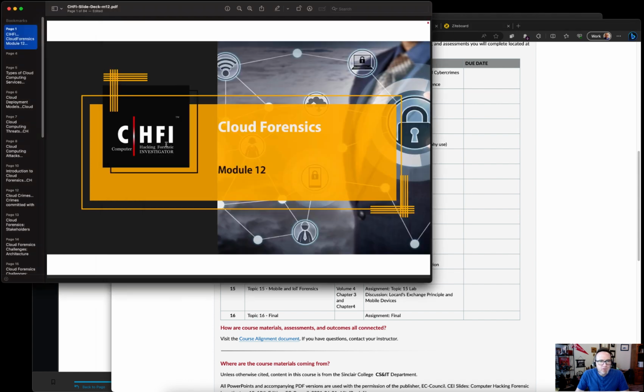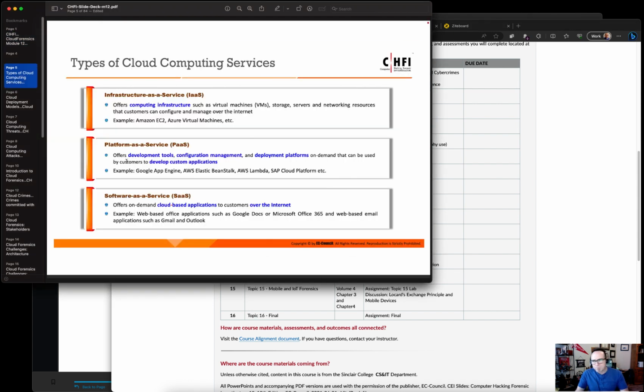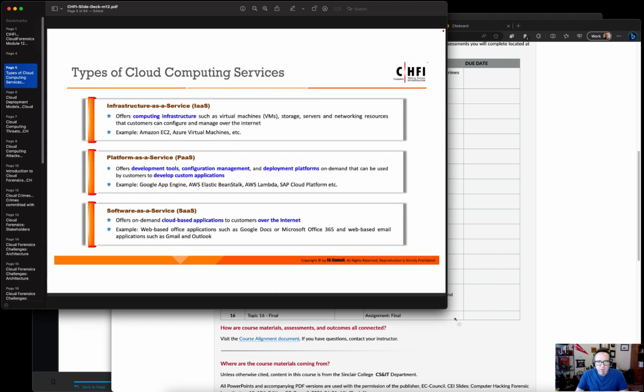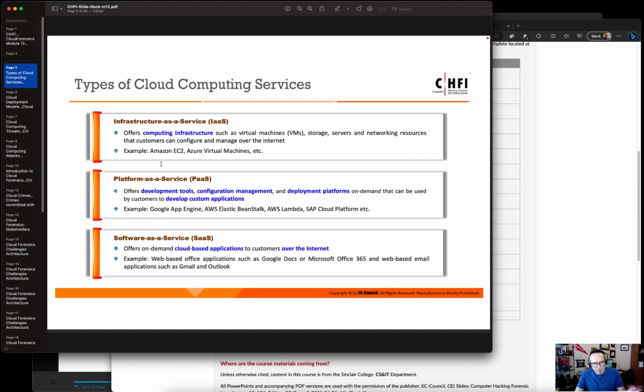But again, this is Module 12 here. And as before, we talked about with analyzing servers, things like that, you need to understand the underlying architecture. I think the last topic was database, and we talked about having some understanding of the underlying architecture to help you identify where evidence might be held. And there's an important aspect here we look at, and this is how the cloud is set up. This might be a review about what cloud is, but it's good to understand if you're approaching